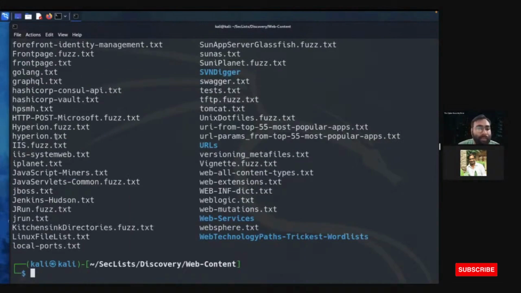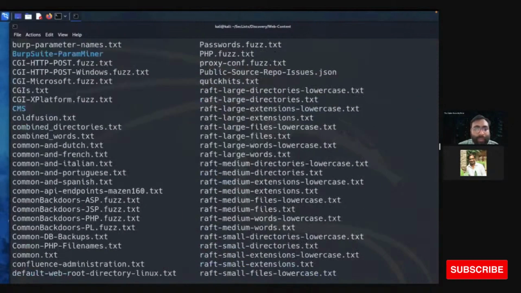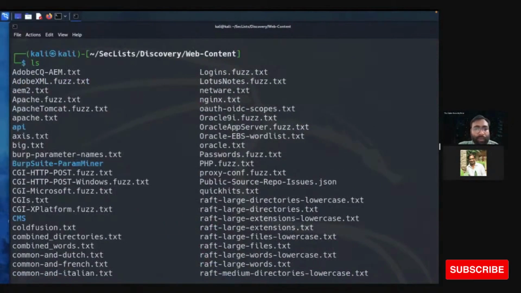We have hyperengine, golang.txt, GraphQL, JBoss, Jenkins, WebLogic. If you want to run any of these, you need to specify the path and run on your target. Let's use another file, combined directories.